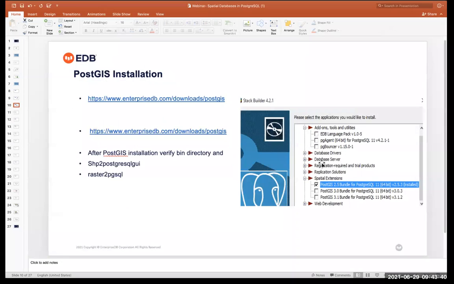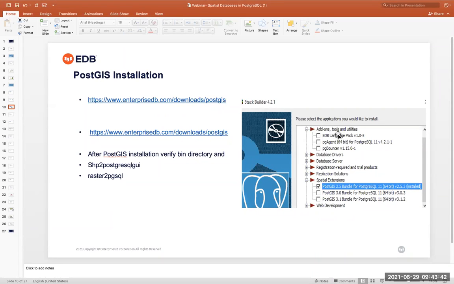Here, when you run the stack builder, add-on tools, utilities, either you can install EDB language pack, PG agent, PG bouncer. These are the plugins or add-on components, as well as the database drivers. Some of the database servers like EDB Postgres advanced server, then replication solutions. If you require, directly click on it, it will expand and you will load that component, or you can install